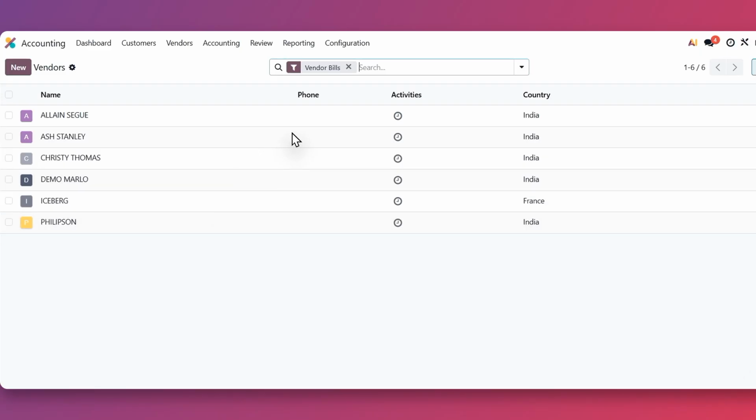So these were a few common import issues that everyone faces, and this is how you